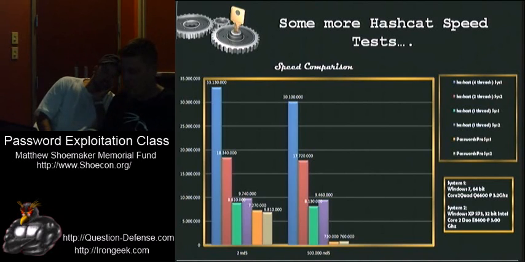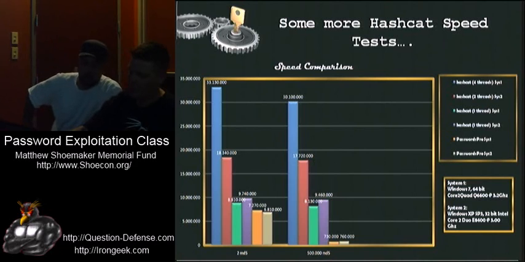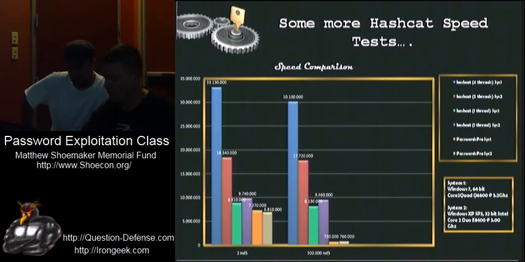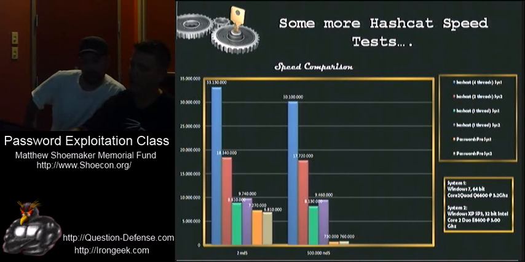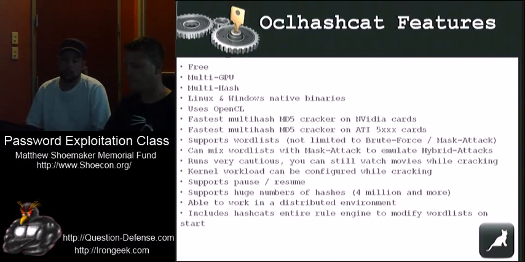Here are some more Hashcat speed tests, just to show you. As you can see, this is compared against Passwords Pro again. The reason they do that is because Passwords Pro was the best password cracking software on the market until Hashcat came around. Passwords Pro on System 1 does 7.27 million passwords per second, and Hashcat with only one thread on System 1 does 8.8. So even comparing one thread at a time, it's a million keys per second faster. I'm not going to go over all the stats again.